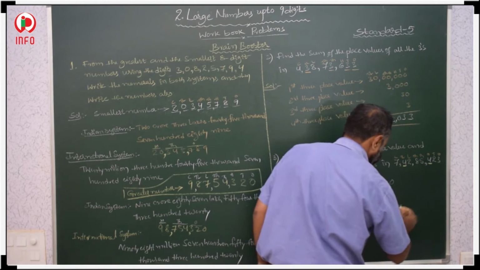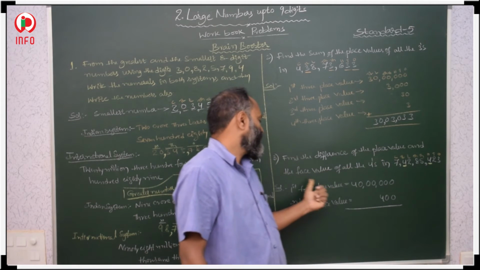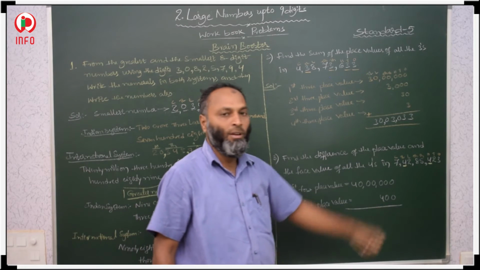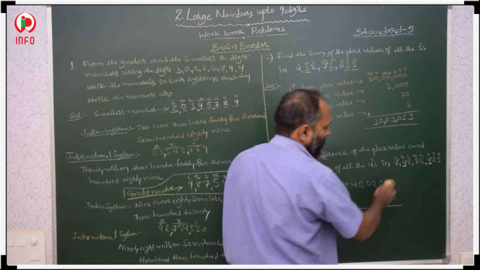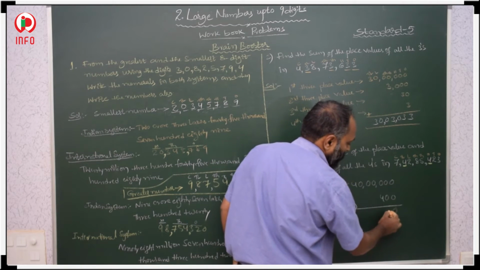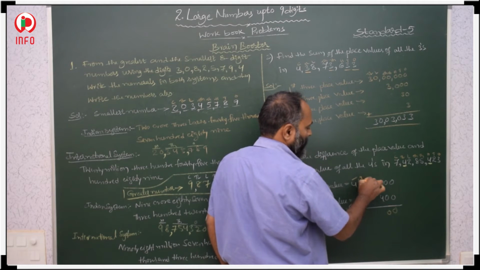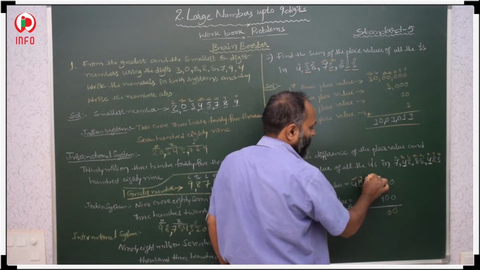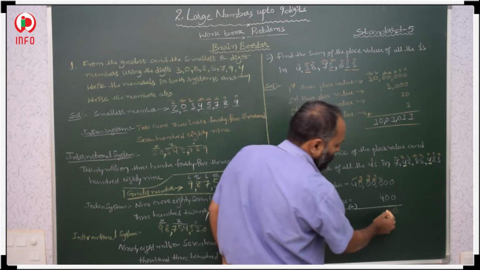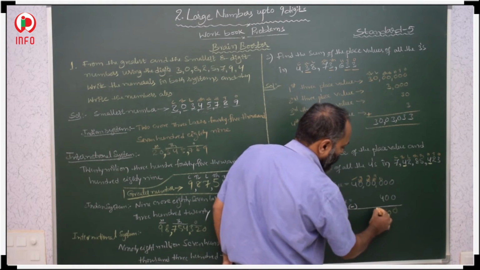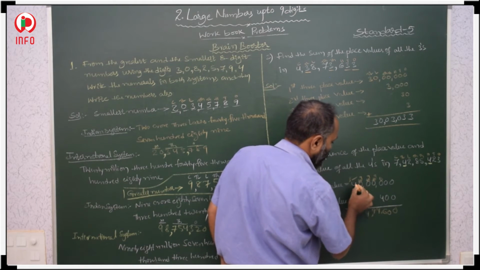Now we have to find the difference between the place values of the 4 fours in the given number. Now difference. 0 minus 0, 0, 0 minus 0, 0. Take borrow from here, it will get 10. From here, so it is 9, here get 10. And from here 10, here 9, here 10. 10 minus 4 is 6. And here 9, and here 9, and here 9, here we will get 3.